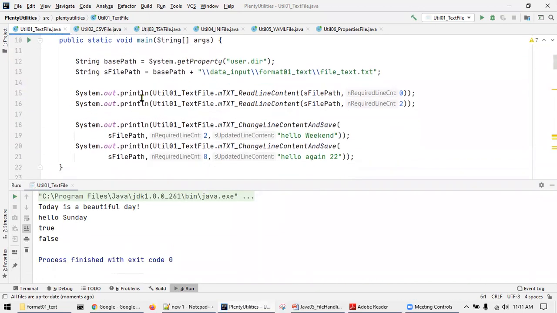Right, so read line 0 has printed "today is the 0th line." Then line number 2 is "hello Sunday," and now next it has changed the line content. So instead of "hello Sunday," I think it will be "hello weekend and hello again." Now if you see